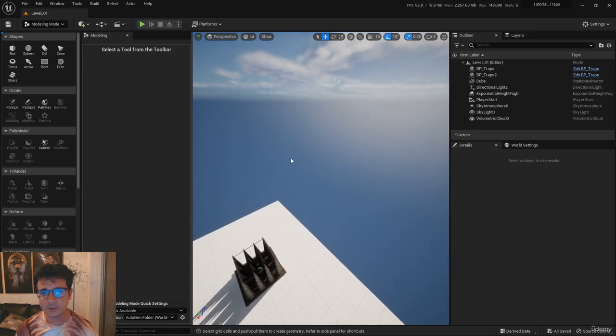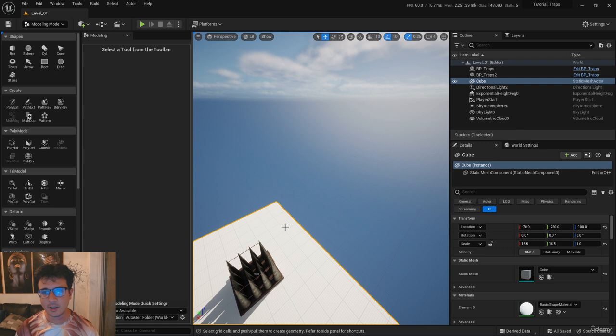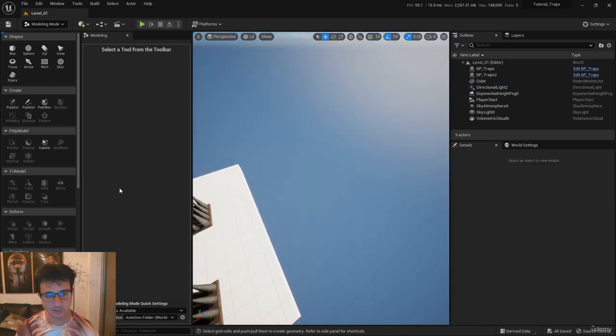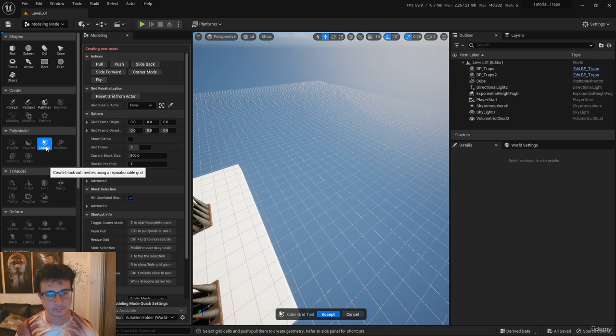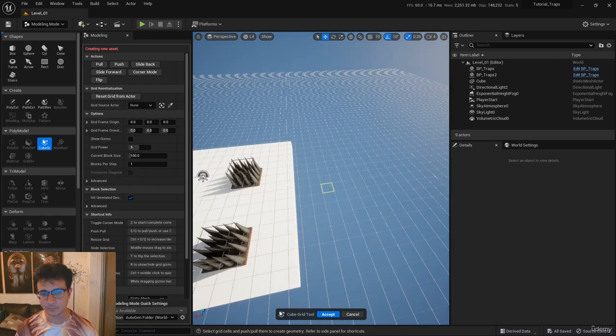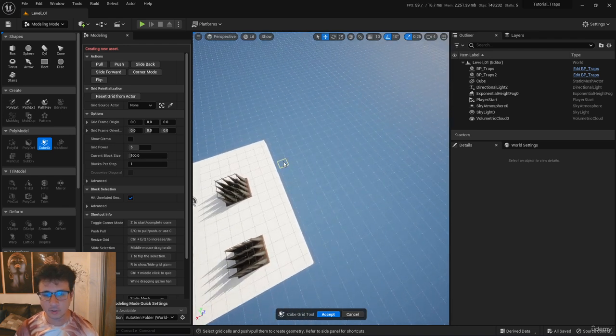And make sure you don't have anything selected. For example, if I click on this one, I will be able to use the cube grid here, but it will replace this, so I don't want that. Make sure you don't have any static mesh selected, and then click on cube grid. Okay, and you will see that I have a grid here and a yellow line that if I click here